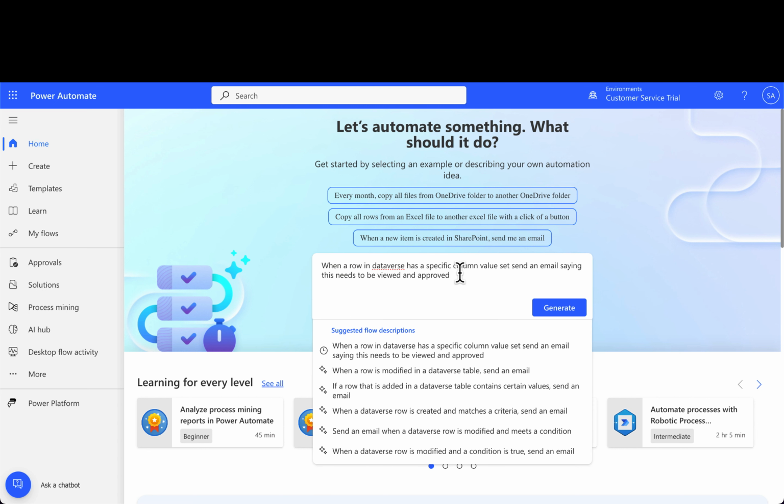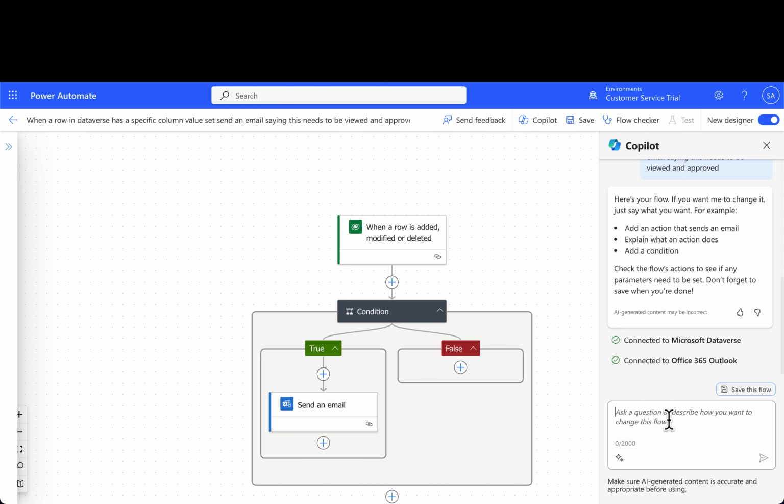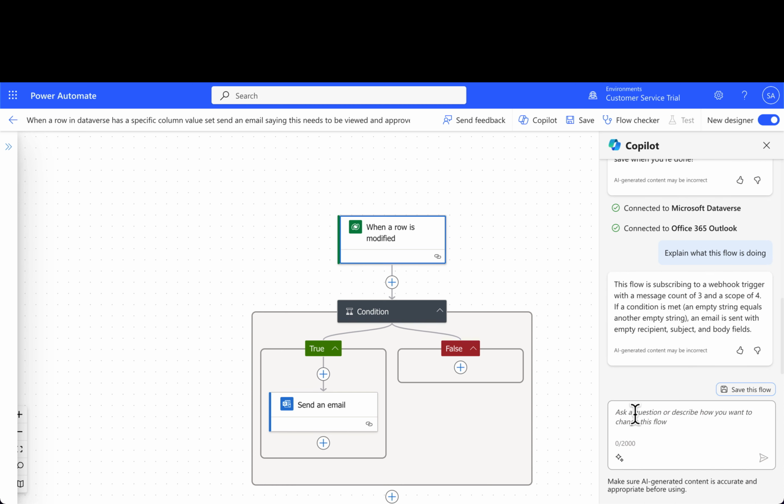So that's an amazing way of using Copilot in Power Automate to really quickly get a flow created for your business and for your app to automate some processes. And it's an amazingly powerful tool. Obviously, just watch out for some of the changes that Copilot might make in the background. But even with that, it's still an incredible way of building flows.